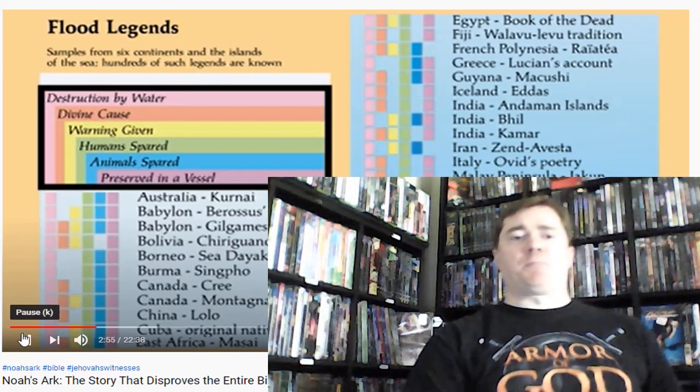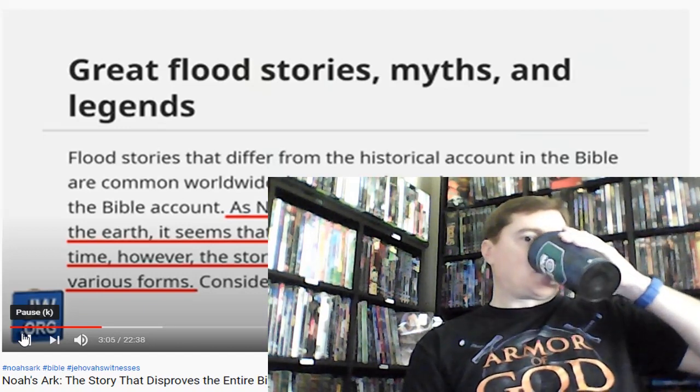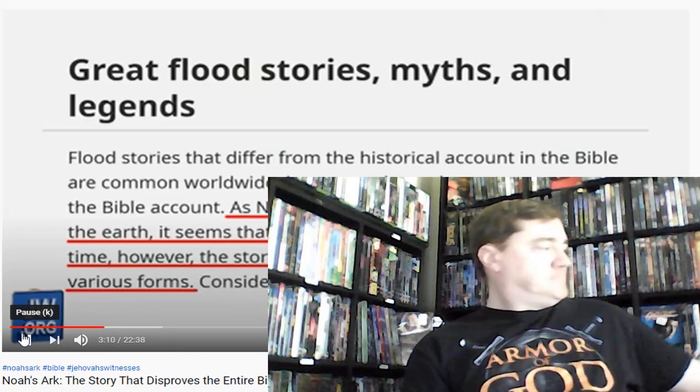Flood story contains. How can so many flood legends exist that share such common features with the biblical one? As Noah's descendants spread throughout the earth, it seems that they retold the story of the flood. In time, however, the story evidently became distorted into various forms. The first time I saw this, it kind of made sense, especially considering what happened at the Tower of Babel. Over time, the story was retold and retold until it got distorted into various forms. But when I broke down the exact categories, the locations, and the details of these specific floods, that hypothesis began